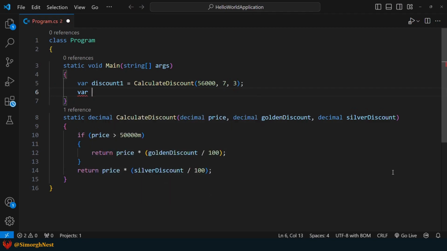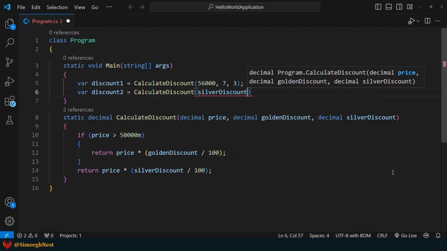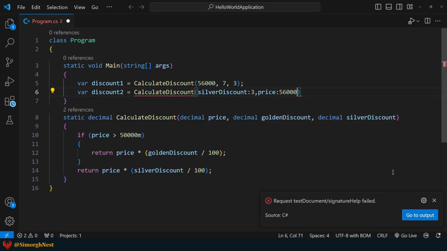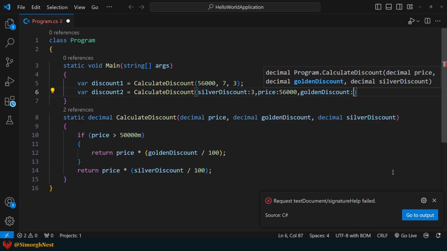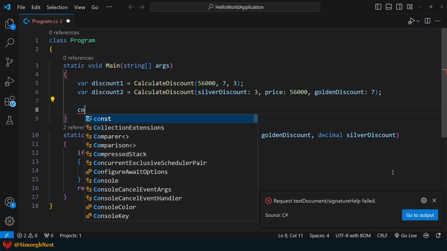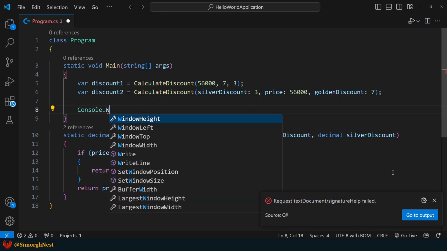Next, let's call it using named arguments. After that, let's print each discount separately.